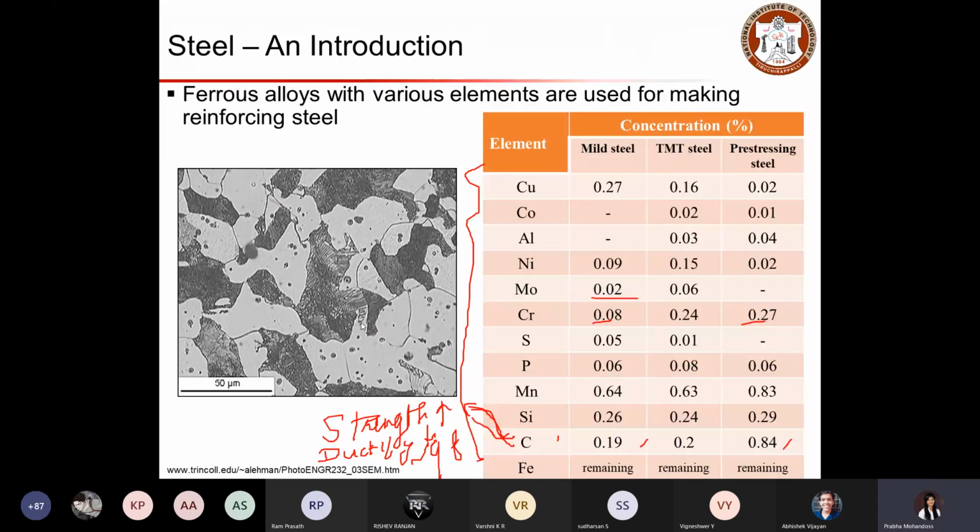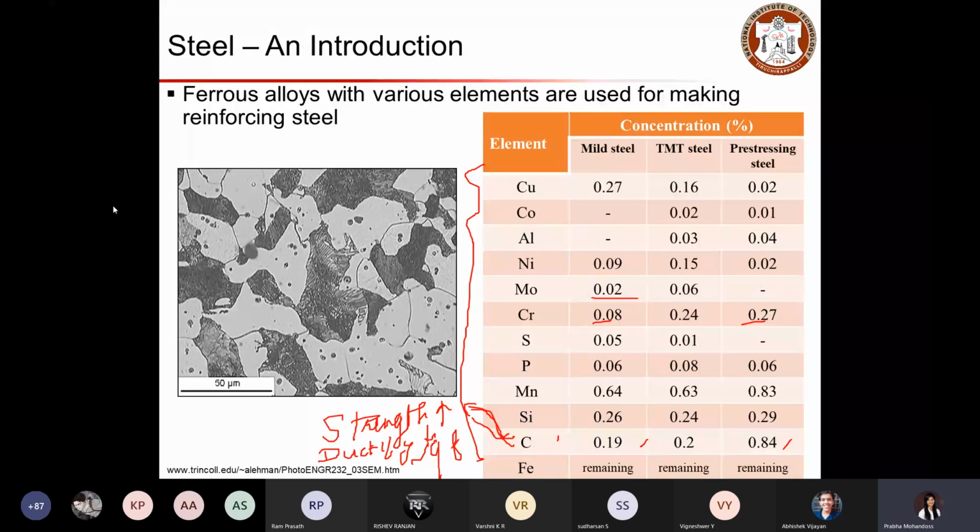So then we'll get into detail a little about the composition involved in this steel. When we have the steel, it has different elements in it. So the ferrous alloys with the various elements are used for making reinforcing steel. It will not be actual iron alone.